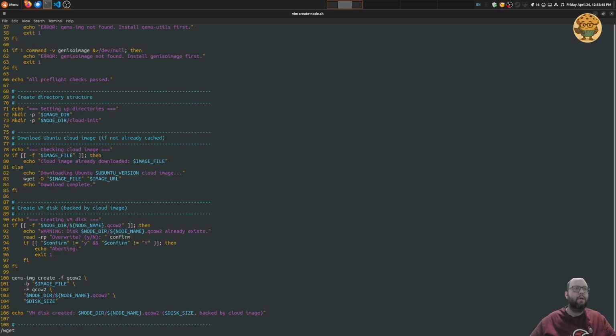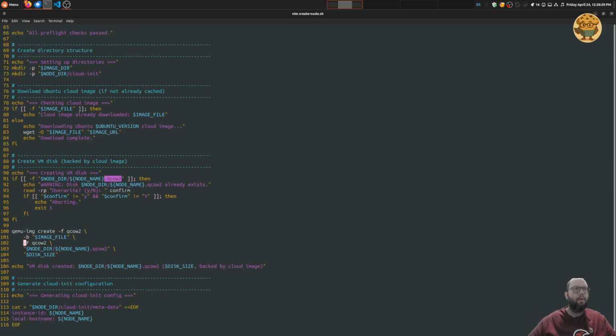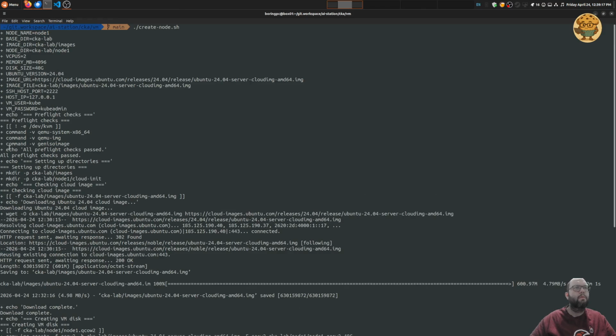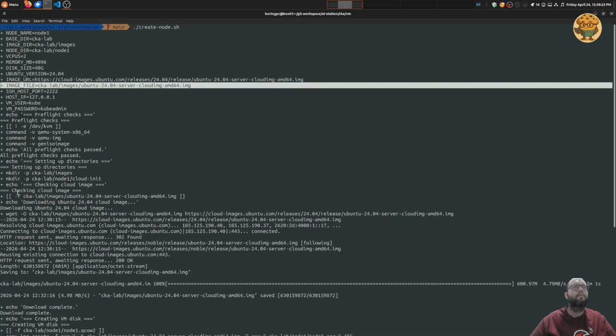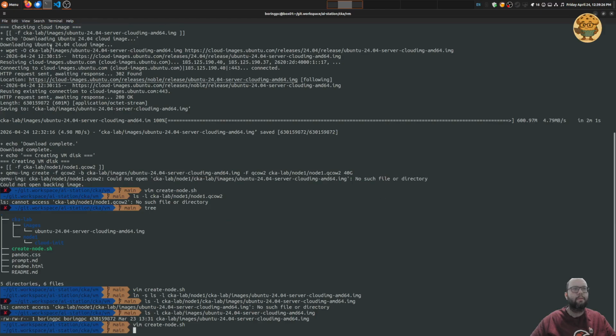So it checks to see if the QCal exists here, which we talked about earlier. But the problem is the image file path. What's it set to? See, because it checks it here, right? Image file. Yeah, here. CKA lab images, which is correct. But then,